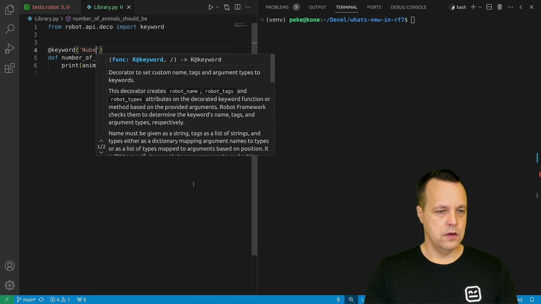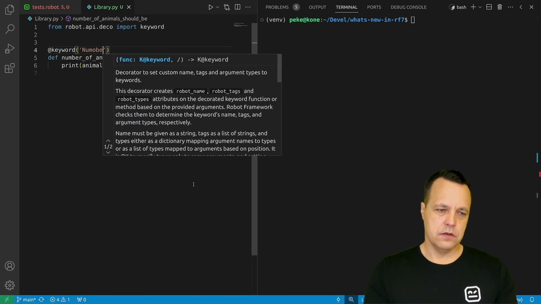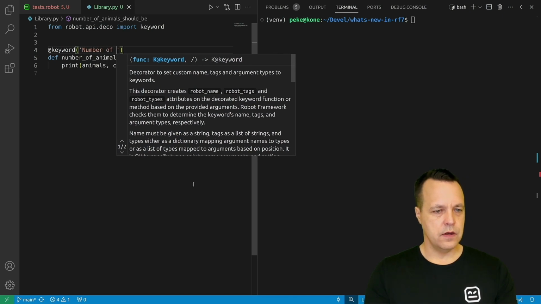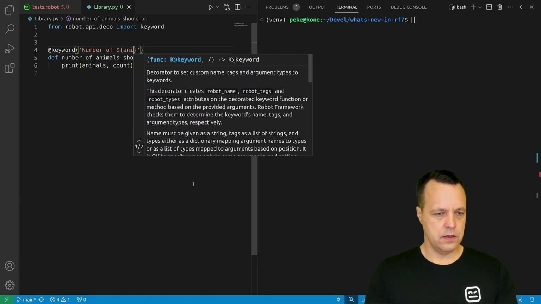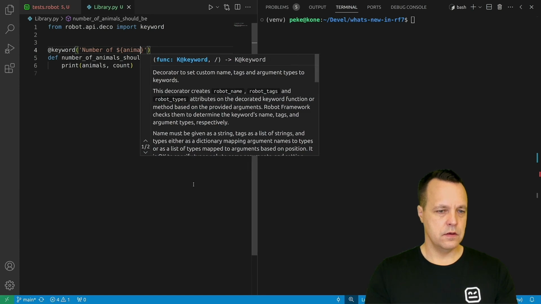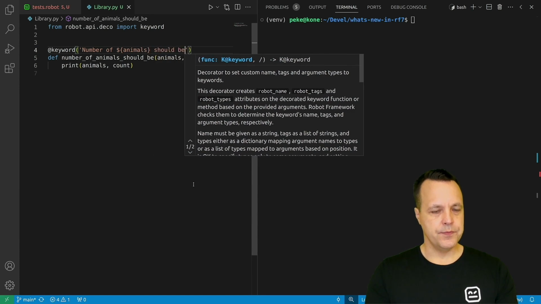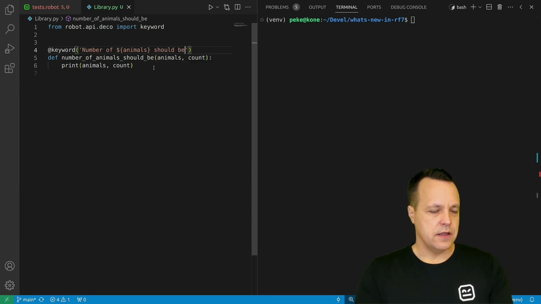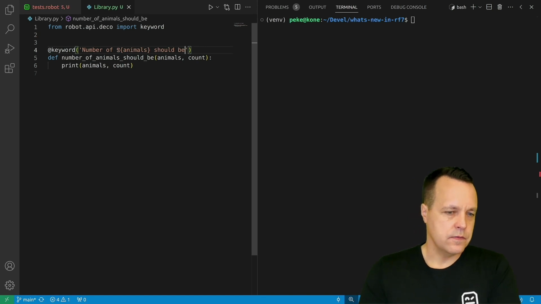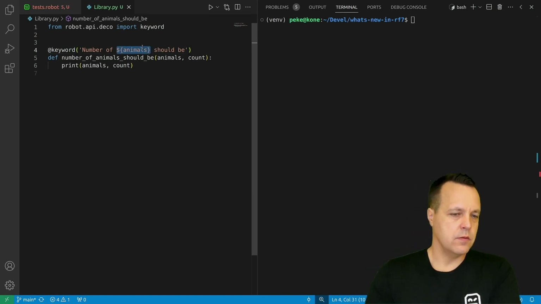Number. I cannot write. Number of animals should be. The key thing here is that these animals that we want it to be, this part that we want to be an embedded argument, we use a Robot Framework variable syntax there. And